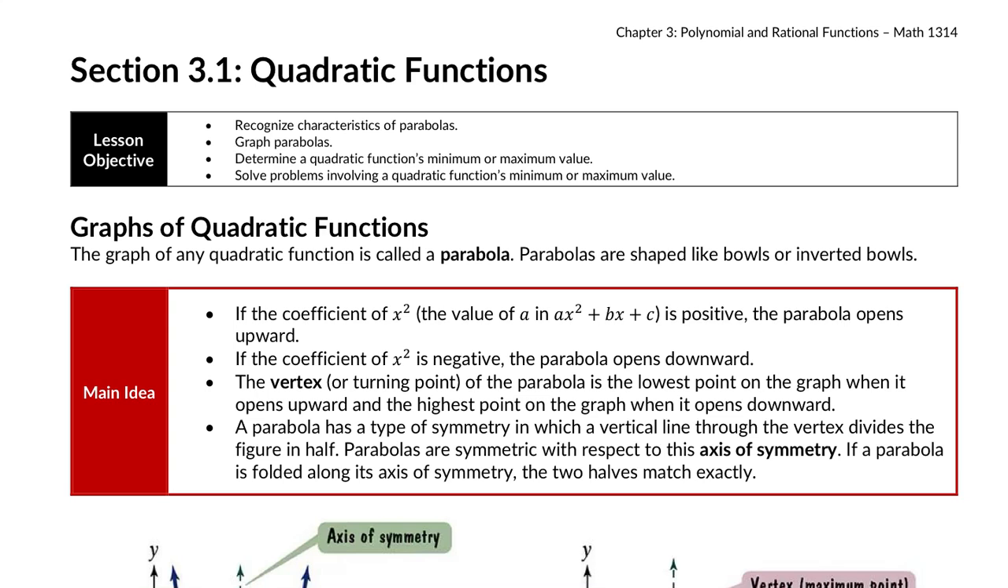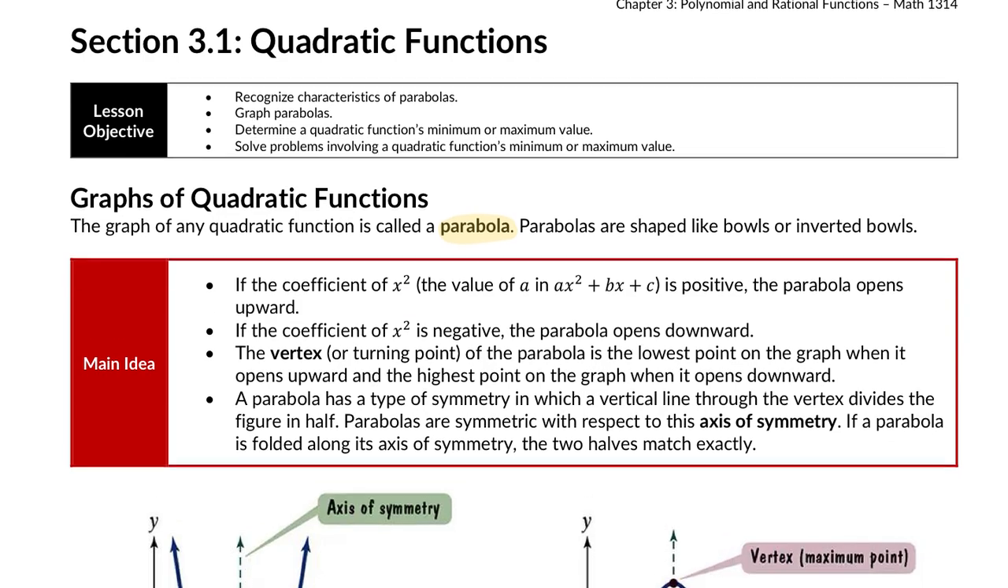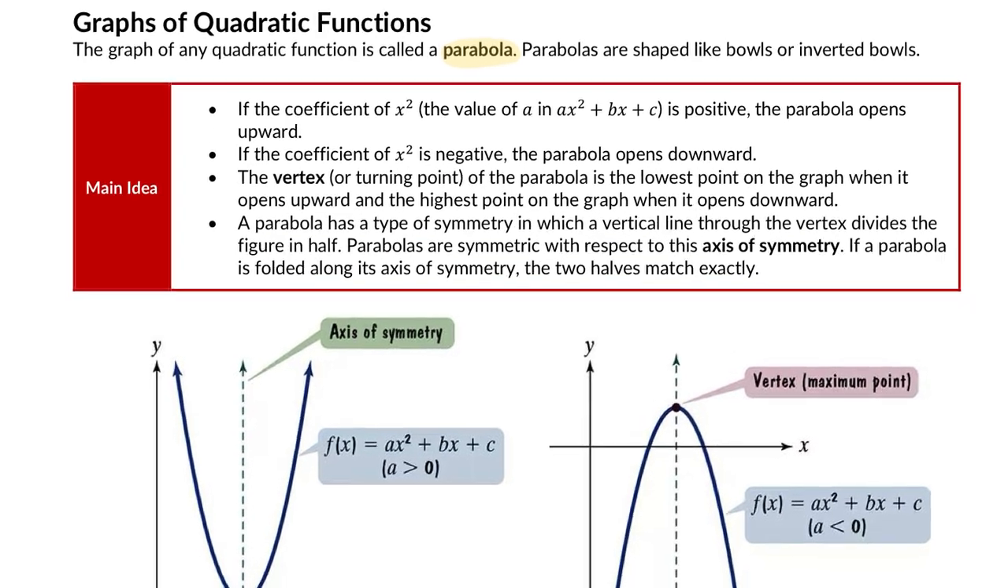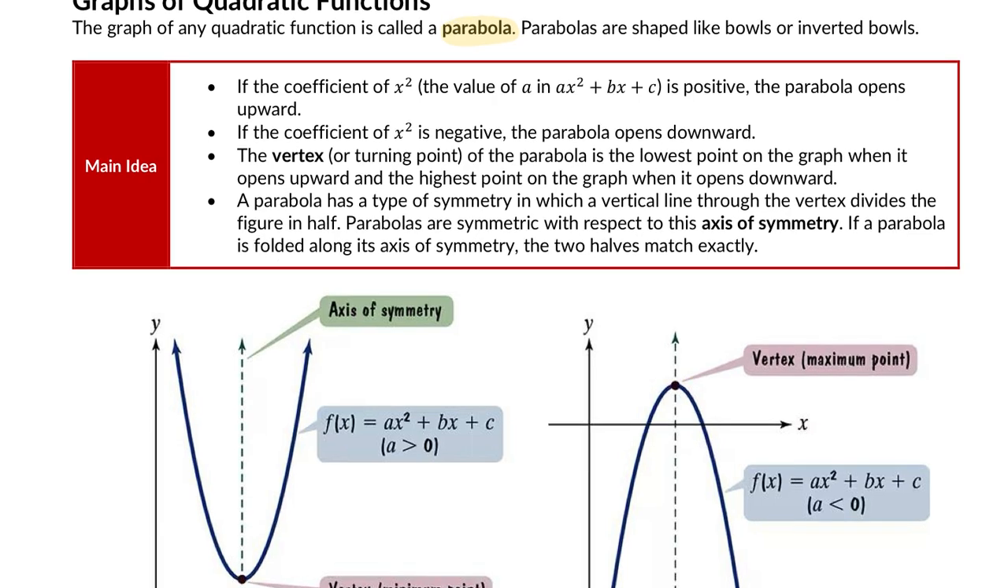So first things first, the name of the shape of a quadratic function is called a parabola. We know this, yes? Great. They're shaped like bowls or inverted bowls. So we have two parabolas on our screen. Our goal today is to talk about the characteristics of the two parabolas and be able to graph them by